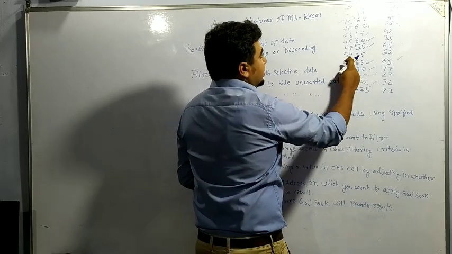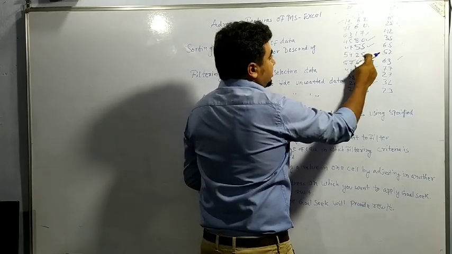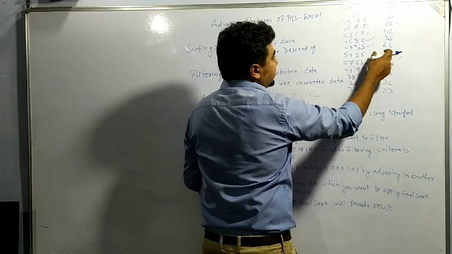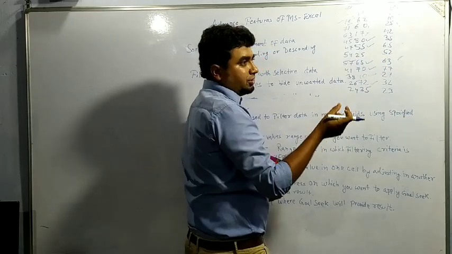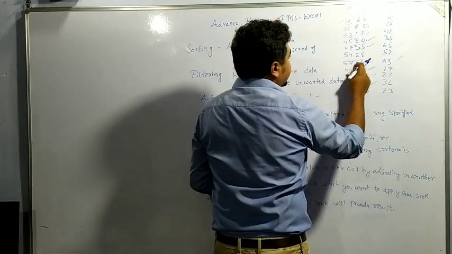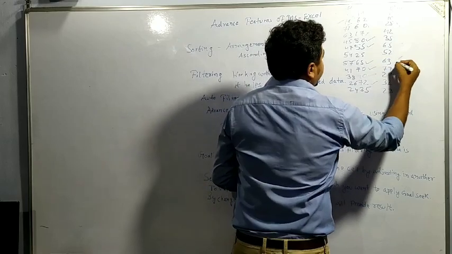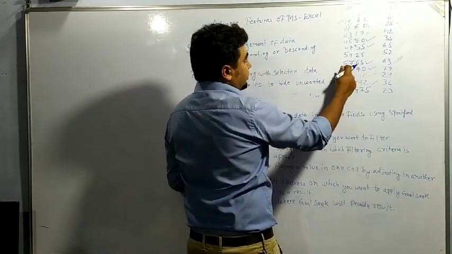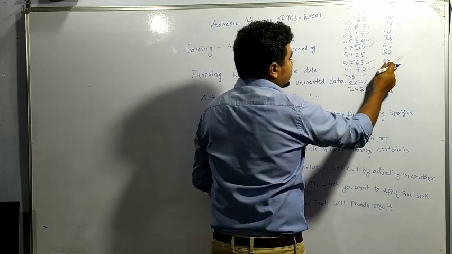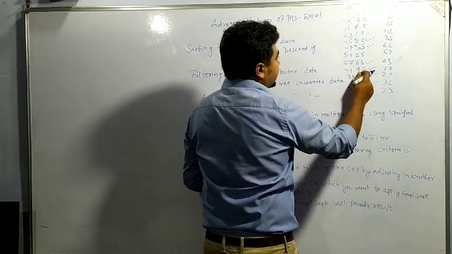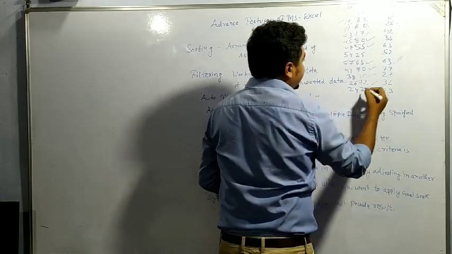Here it is more than 40 but here it is less than 35, so it will not be selected. In the other two subjects it is more. Here all the subjects are respect to the criteria, meaning 40, then this is 35 and this is above 40. Here all three conditions are satisfied, so this will be selected.